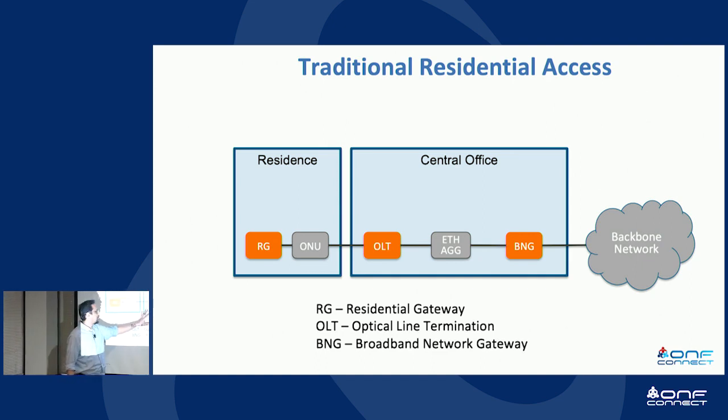typically now I'm looking at passive optical networks. That is a head-end box known as an optical line terminal that then goes through a fiber distribution network and reaches the homes, where you have an optical network unit, an ONU or an ONT that talks to the OLT, and behind that a residential gateway, and then other kinds of services behind it, voice, video, data, and so on, right? And a number of these OLTs then get aggregated into what is known as an Ethernet aggregation switch, and further then that traffic gets terminated at the BNG, or the broadband network gateway.